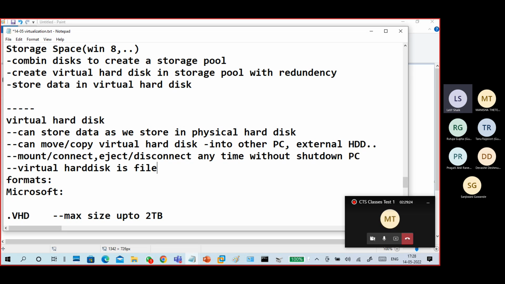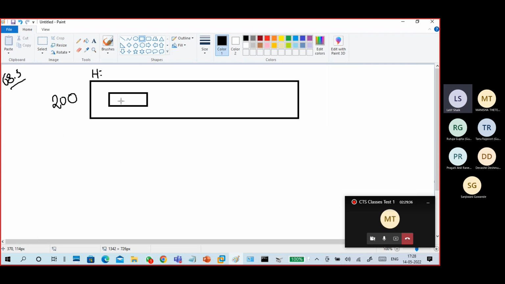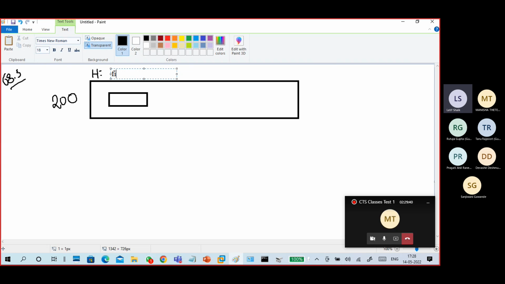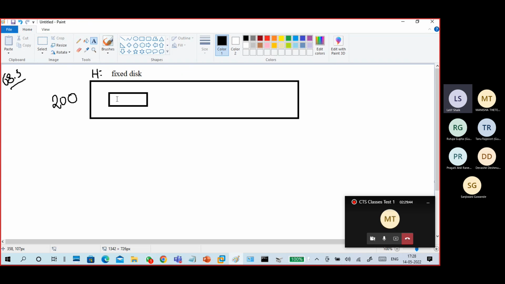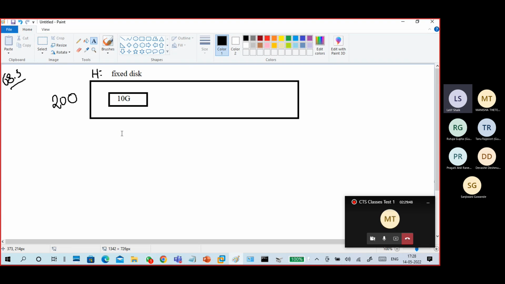Is a file in our storage. Repeat it that way. Next, look at here. I am creating a fixed disk. This is a fixed disk. I have created a 10 GB fixed disk. Directly, a 10 GB fixed disk. It is nothing but a file, but as per the statement,